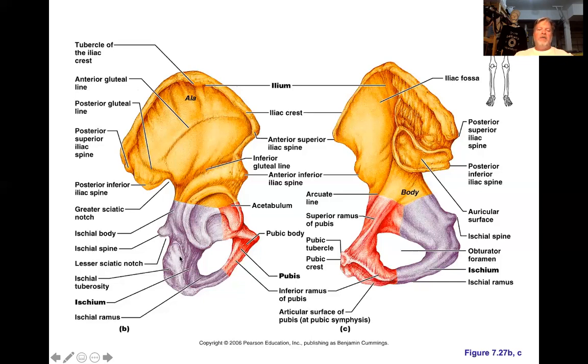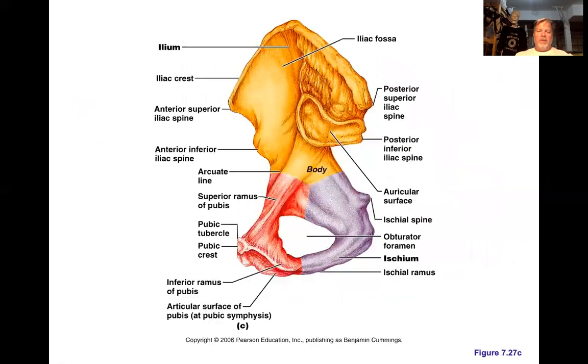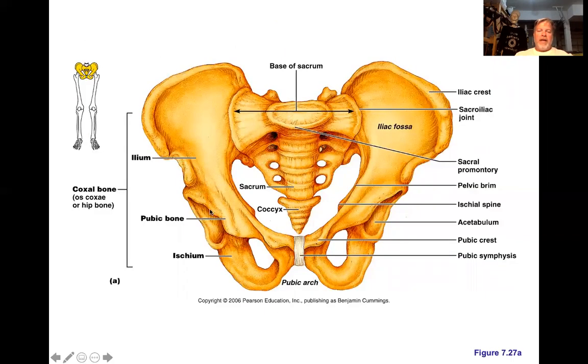And then I also want you to notice that all three bones come together here to make up the acetabulum. The acetabulum is where your femur, the head of your femur, locks into your hips. So if we go back a couple, I don't really have good pictures of that, do I? It's too bad. Okay, but anyway, here's the acetabulum, and that's where your femur comes up and locks in